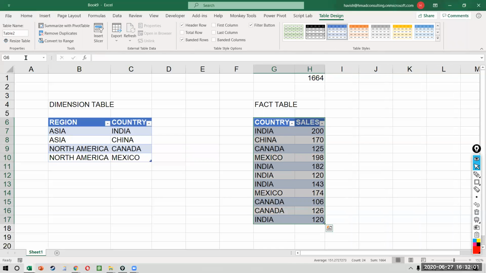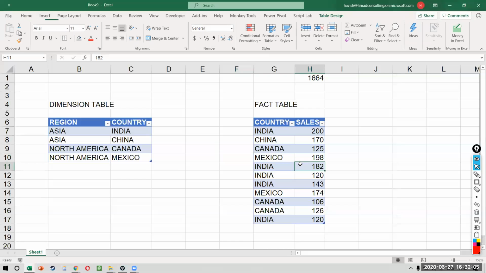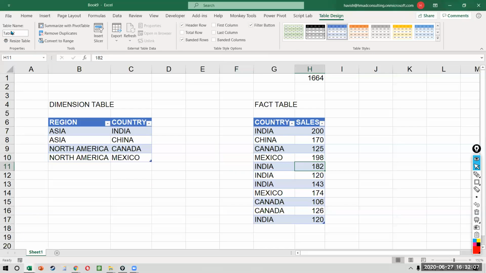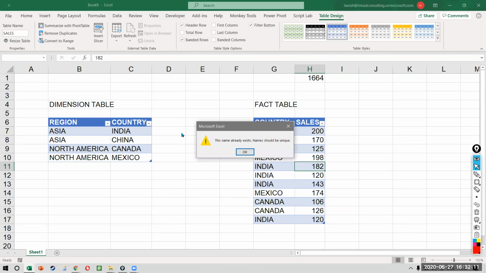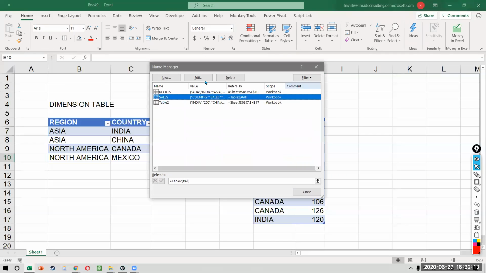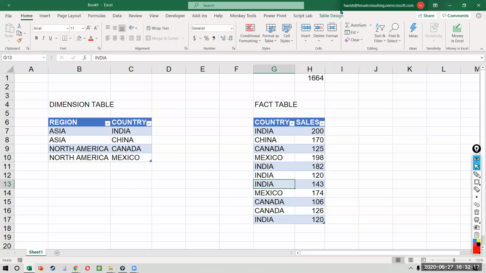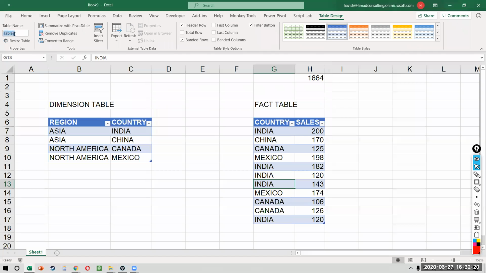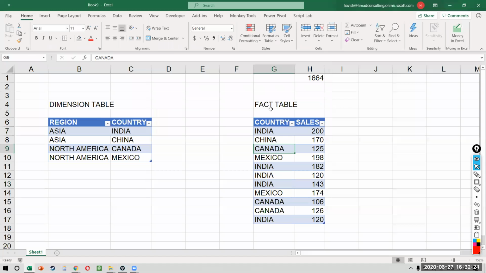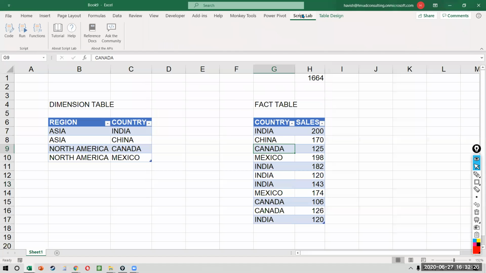And we will rename this as our sales. So what we want to do right now is to merge both these pivot tables into a common table.